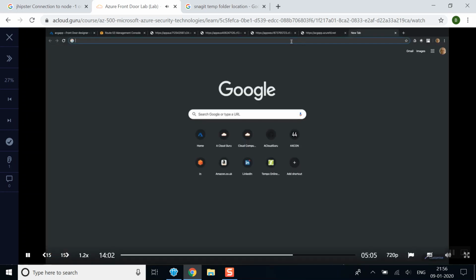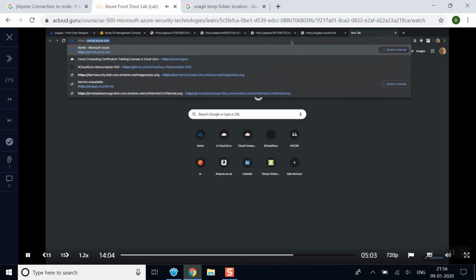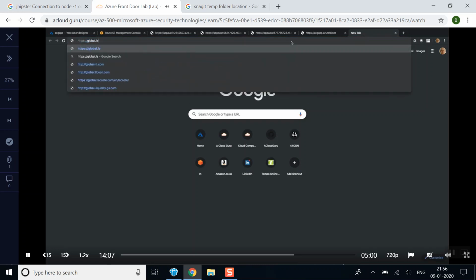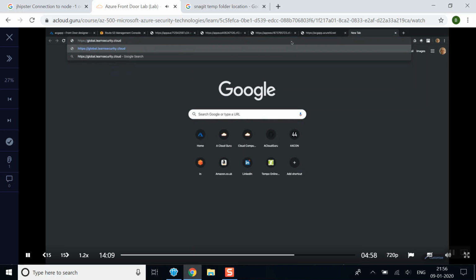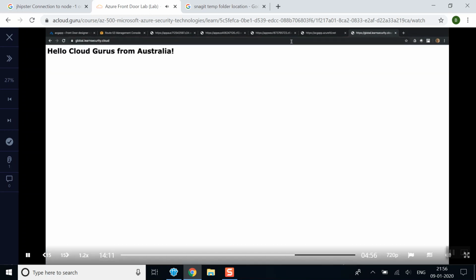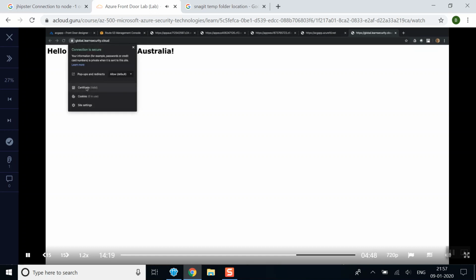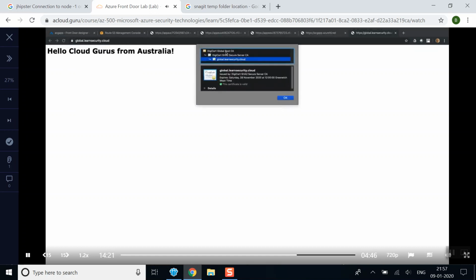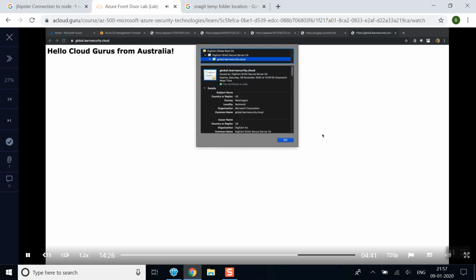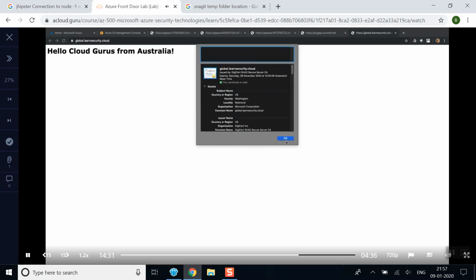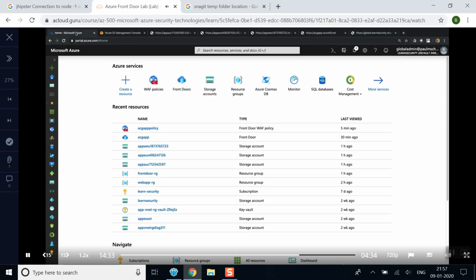Test by opening a new tab. Go to https:// and then your custom domain name. Hello, Cloud Gurus from Australia. Take a look at your certificate, which you'll see has been issued with your custom domain name. Now that you've created your custom domain name and SSL certificate managed by Azure Front Door, return to the Azure